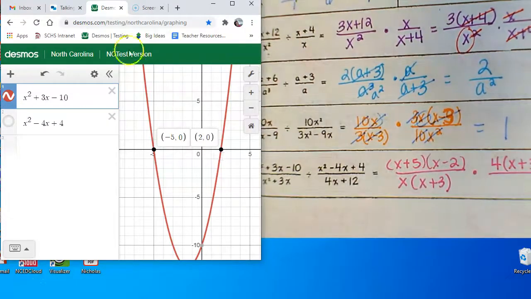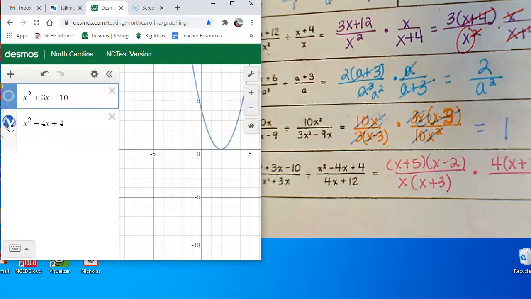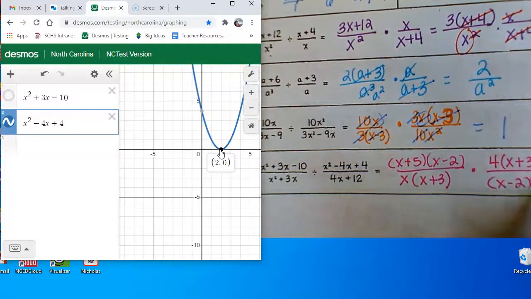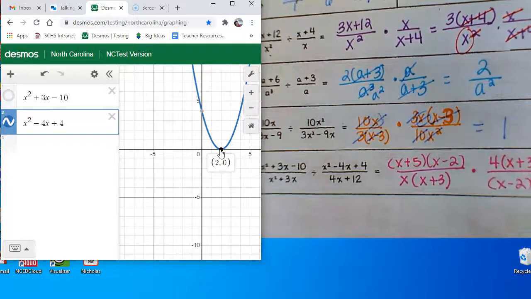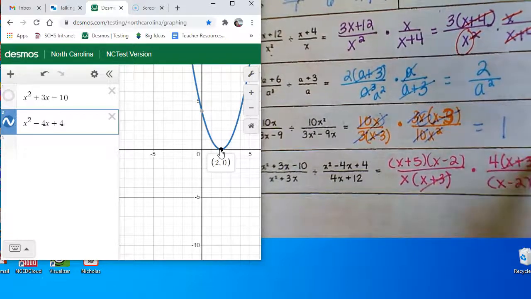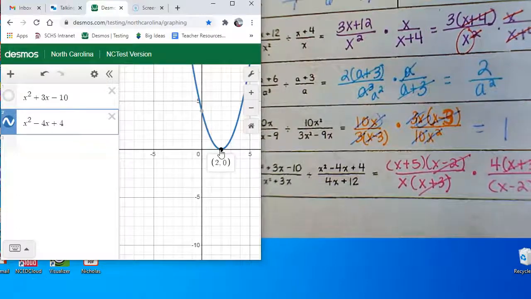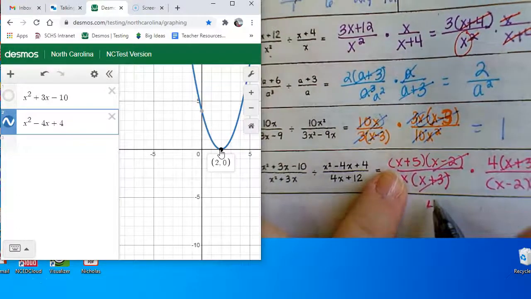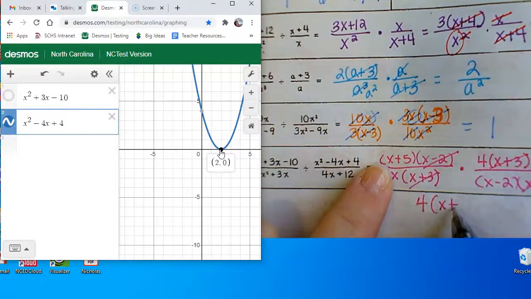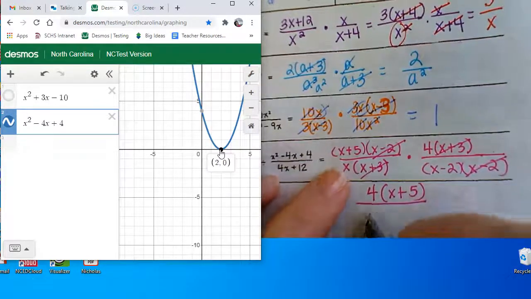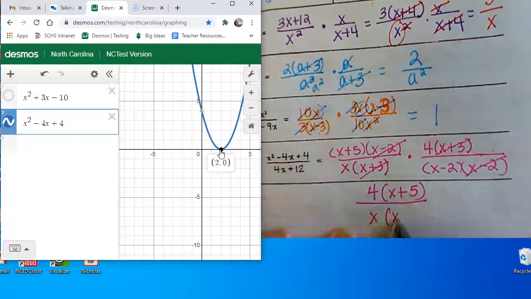And then on the bottom, we're going to factor that one. I already have it graphed for us. Notice it is a double root one. And we would make that x minus 2, x minus 2. X plus 3's go away. One of the x minus 2's go away. And that means you're left with 4x plus 5 over x and x minus